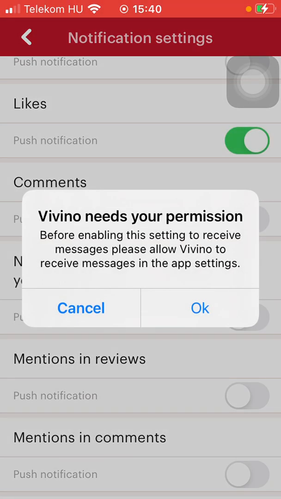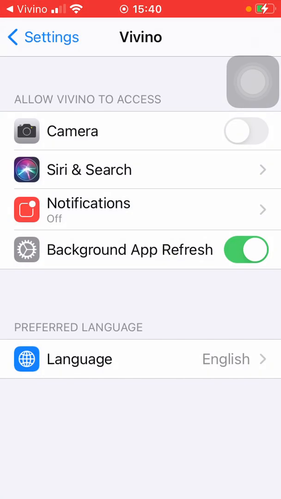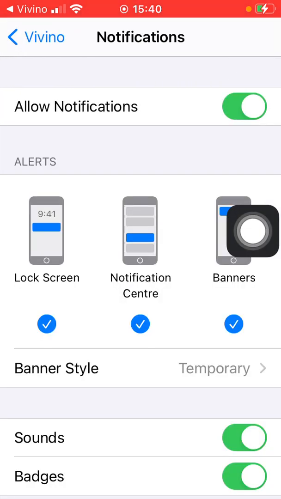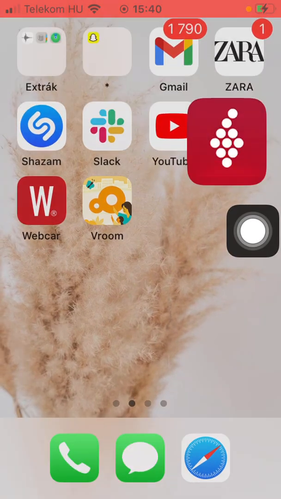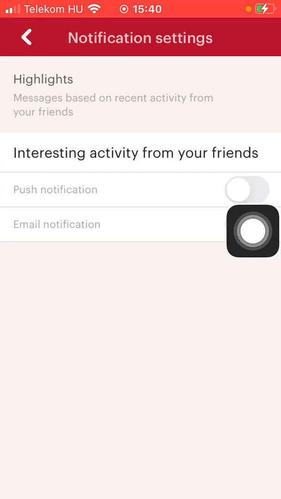But first you need to allow Vivino to have access to your notifications. So you will be directed to your phone's settings, where you need to tap on the notification section and tap on allow notifications. As you go back to the application, you are going to see that you can also